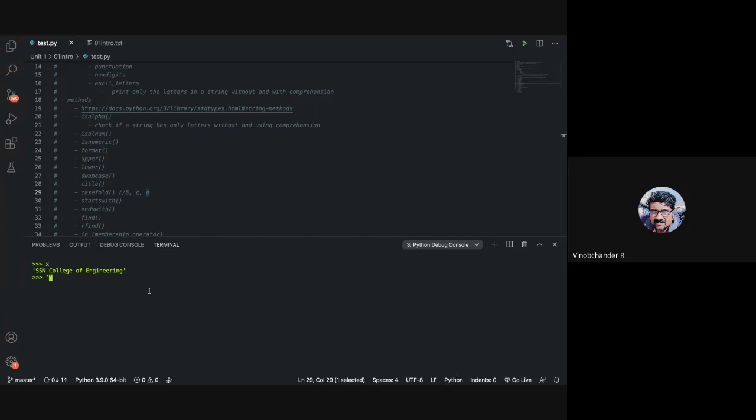Now that we know how to write a complete program and test it out, for these small things, we can just make use of the REPL and see if it works or not. So just tell me using the in operator, how will you do? I just want to search for the substring ring in the string X, right? So if it is available, it gives me true. Okay, sir.